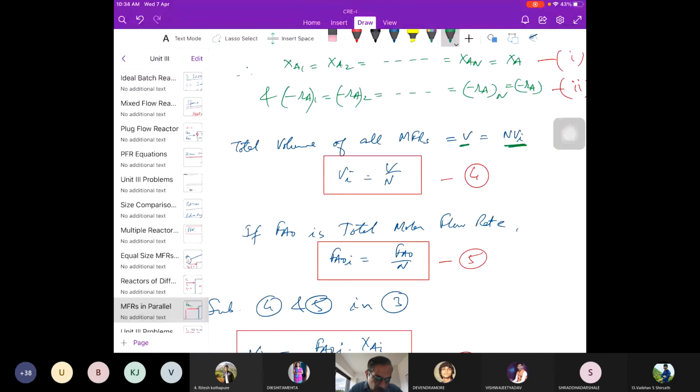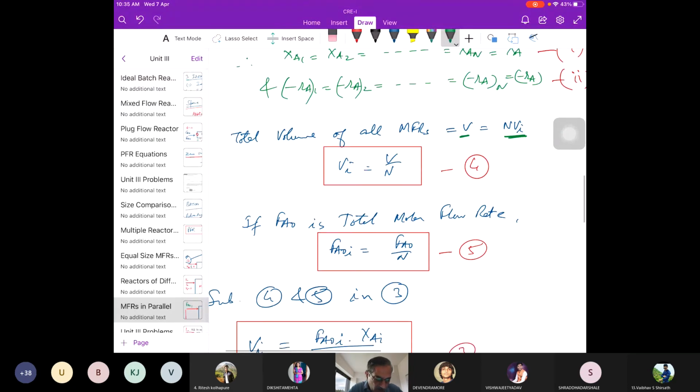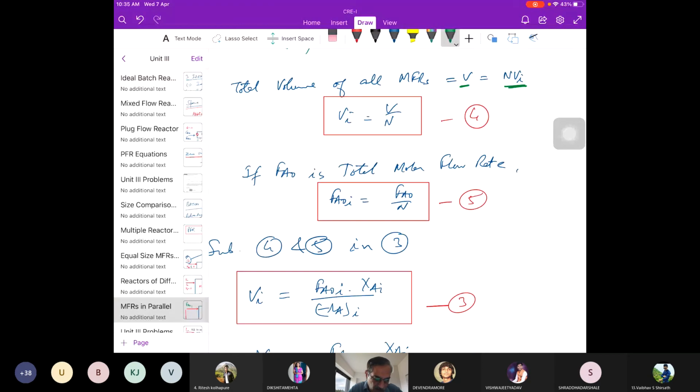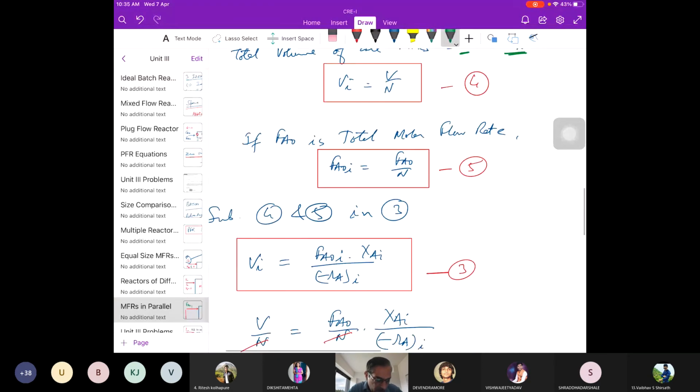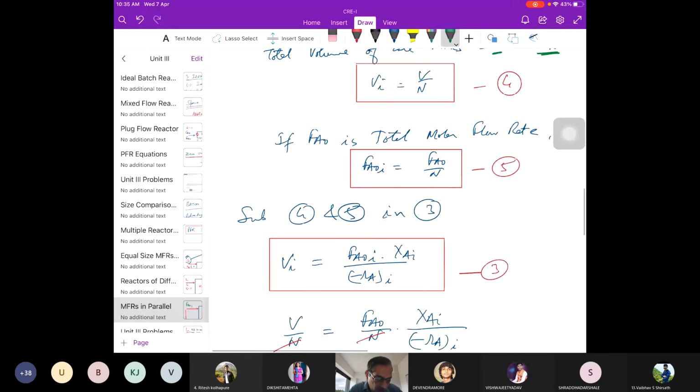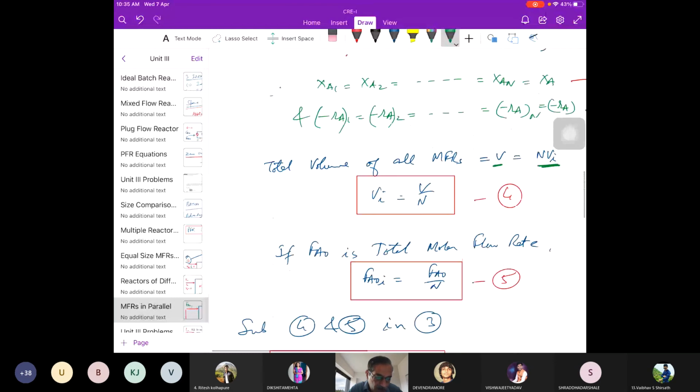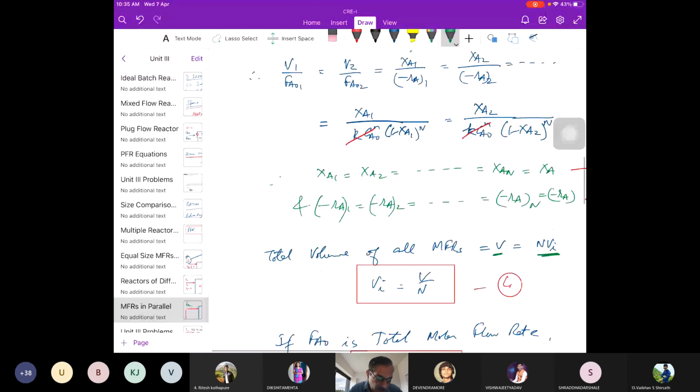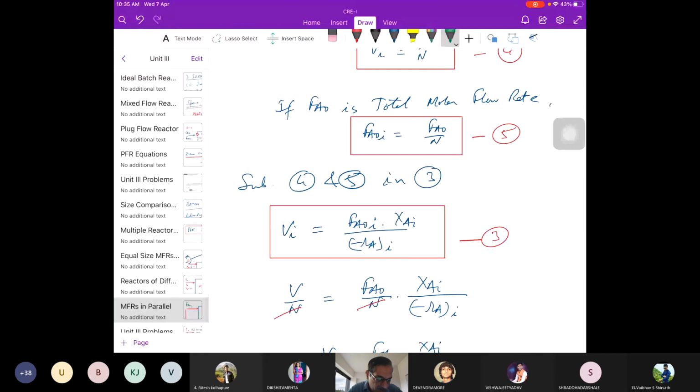So FA naught is total molar flow rate, FA naught I, which will be divided by N because we want same conversion. So flow rate also we have to keep same, volume is same, so we divide by n depending on number of reactors. So we substitute 4 and 5 in equation 3, and what you get is